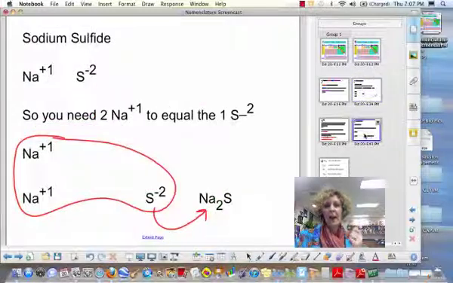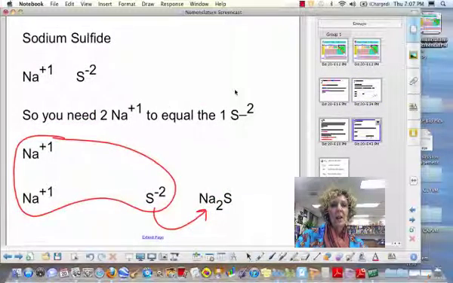All right, let's do another one. Sodium sulfide. So I look at the periodic table and I see sodium is a +1. That's because I know it's in that first column. And sulfur becomes sulfide because it's a nonmetal and it has a -2 charge because it's in that column. So I would need 2 sodium +1s to balance out the negative charge on one sulfide ion, which is a -2. So here are my 2 sodium +1s, my 1 sulfide -2, and so I would write the formula for sodium sulfide as